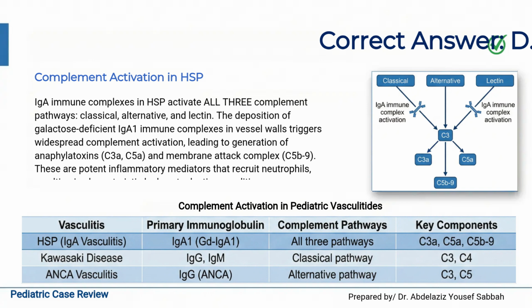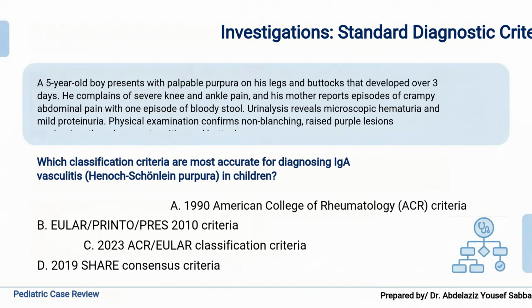The deposition of galactose-deficient immunoglobulin A1 immune complexes in vessel walls triggers widespread complement activation across all three systems simultaneously. This activation leads to the generation of potent inflammatory mediators called anaphylatoxins, specifically complement components 3A and 5A, as well as the membrane attack complex. These mediators recruit large numbers of neutrophils to the vessel walls, resulting in the characteristic leukocytoclastic vasculitis that defines Henoch-Schönlein Purpura histologically. Case 7. A 5-year-old boy presents with palpable purpura on his legs and buttocks that developed over 3